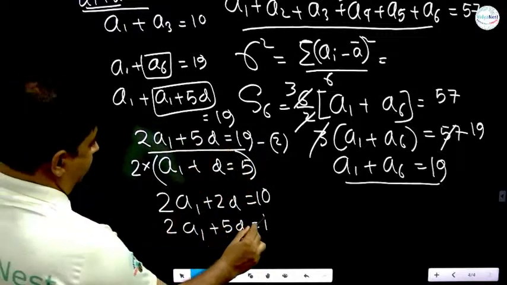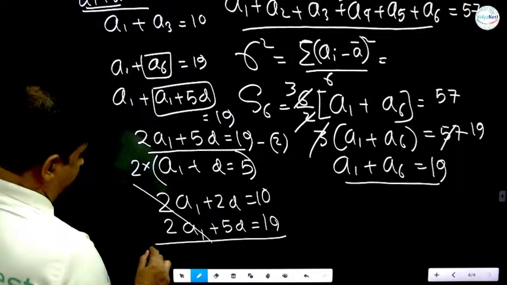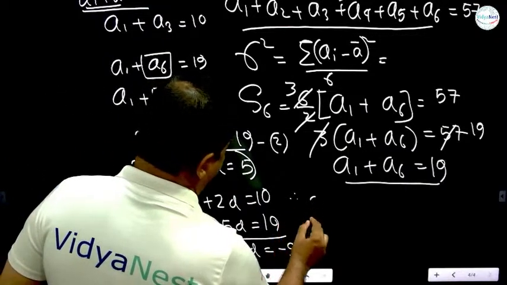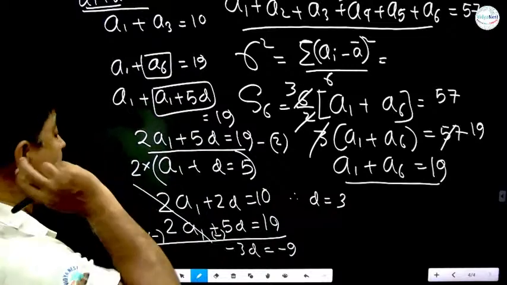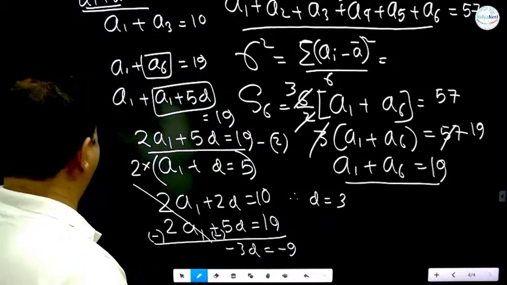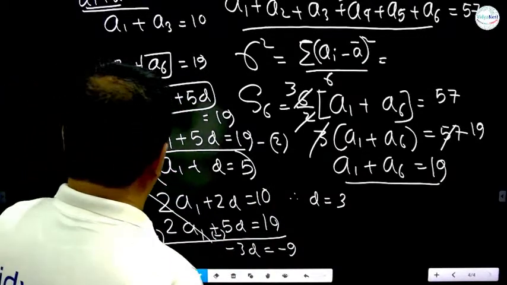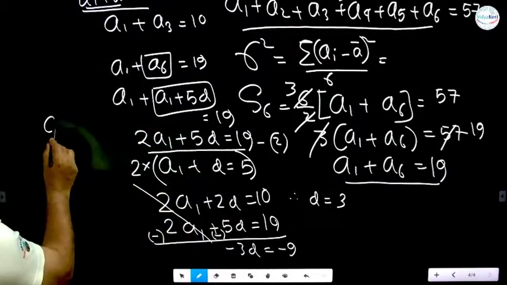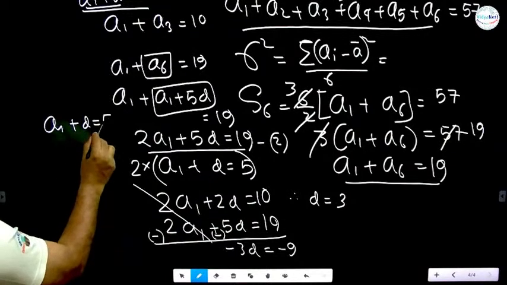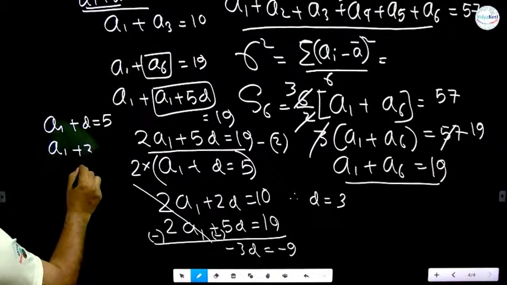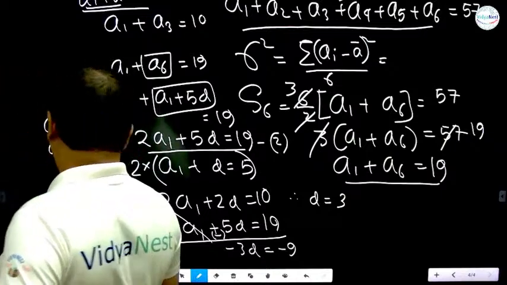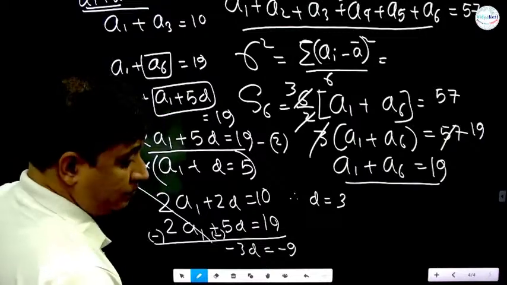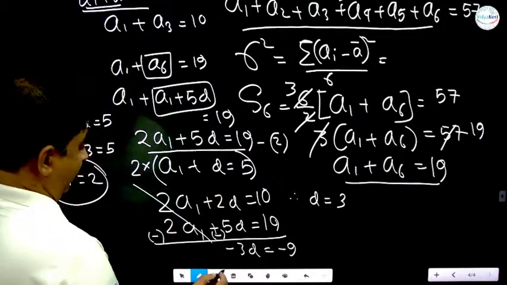क्या होगा? 19। सब्ट्रैक्ट करो, कैंसिल हो गया। -3 -9, सो D मिला 3। तो D जब 3 मिल गया, तब हमको A1 भी मिल जाएगा। देखो यहां पे तुमको मिला A1 प्लस D 5। सो D अगर 3 मिल गया, तो A1 क्या हो गया? 2। तो हमको सब एलिमेंट मिल गया।